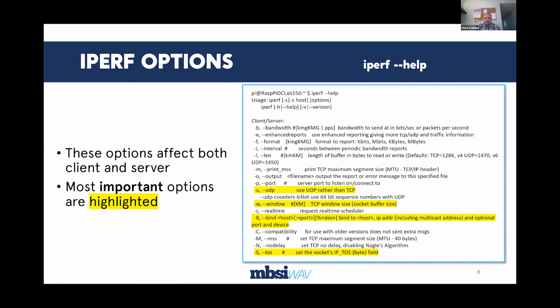And one of the features that I like, and I've used it a few times, and it's been very handy, is to be able to set the type of service byte field, and so then I can raise the QoS level to test a high QoS